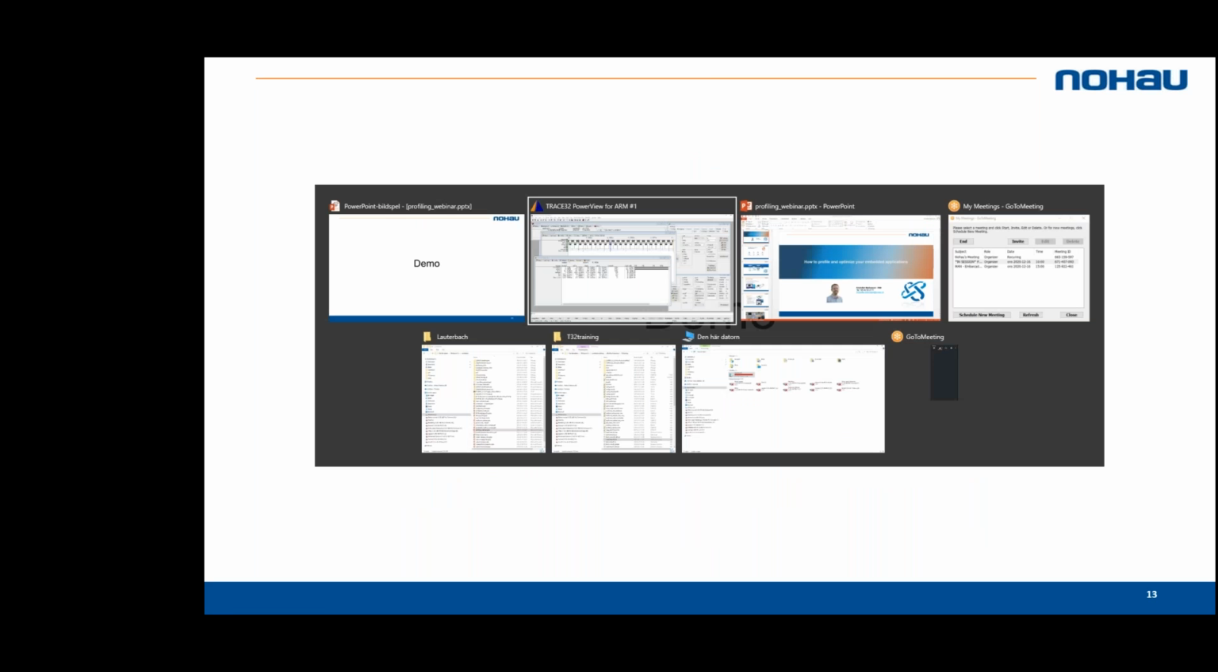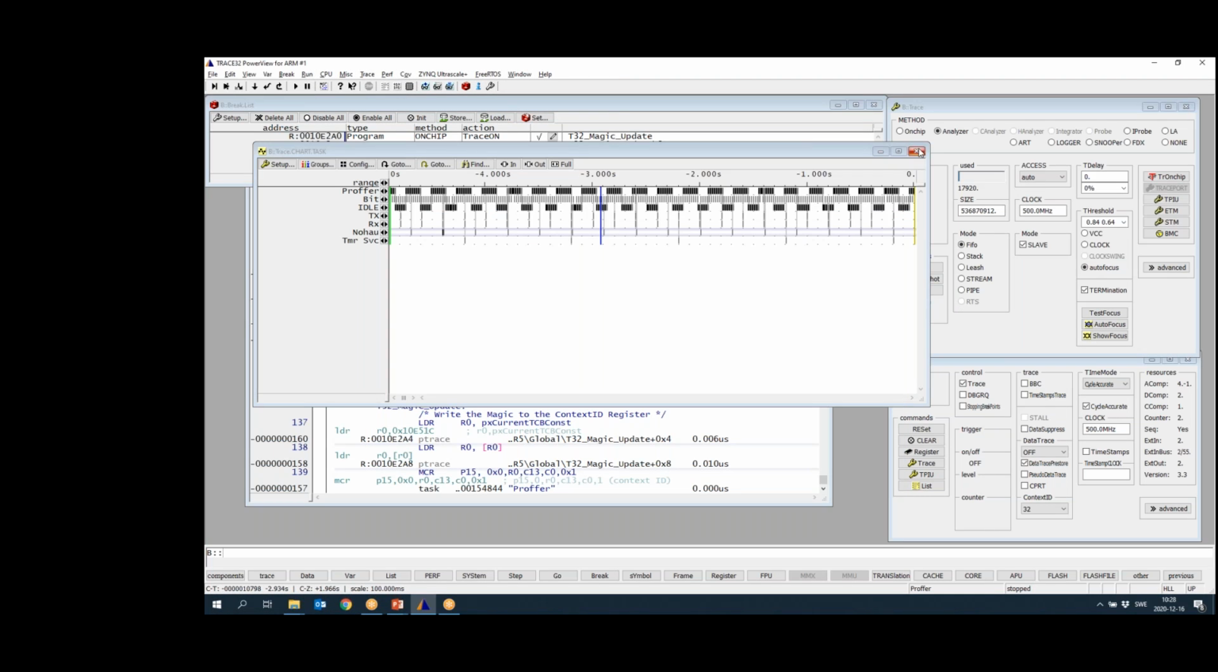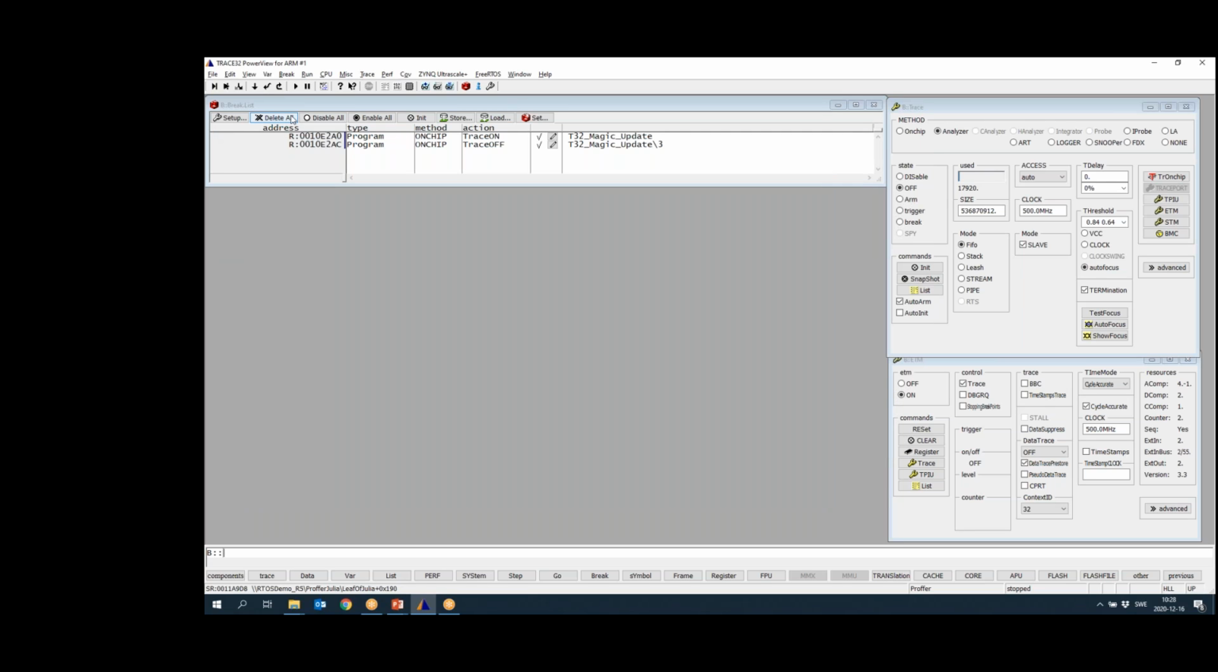So let's switch back to TRACE32. And I'm going to close some windows here. And I'm going to delete this trace filter. So for profiling